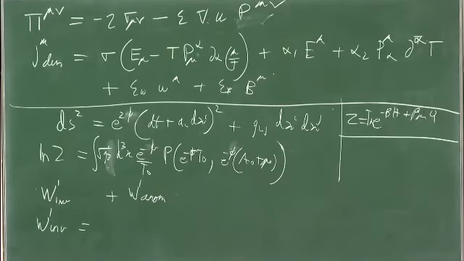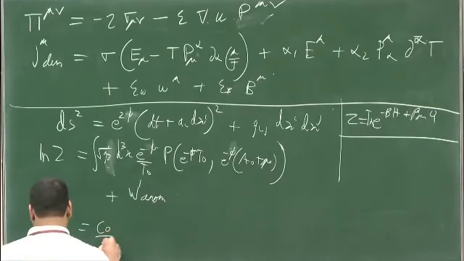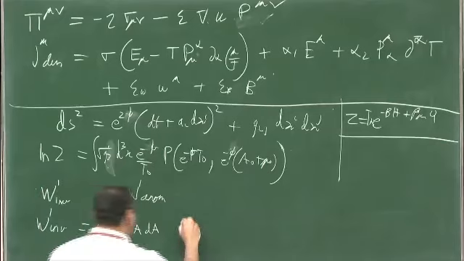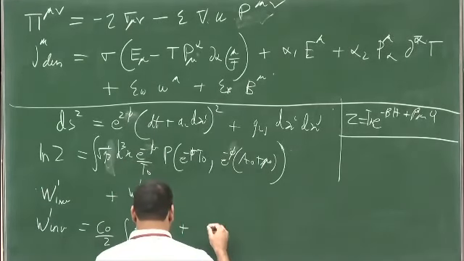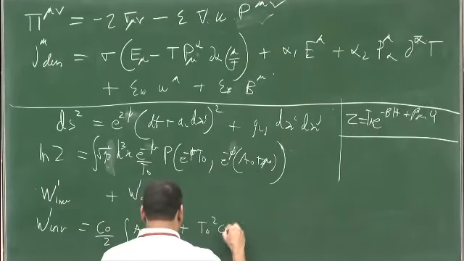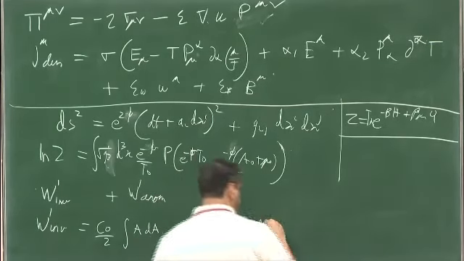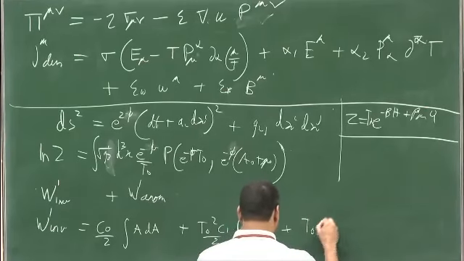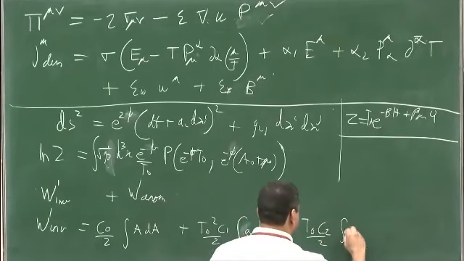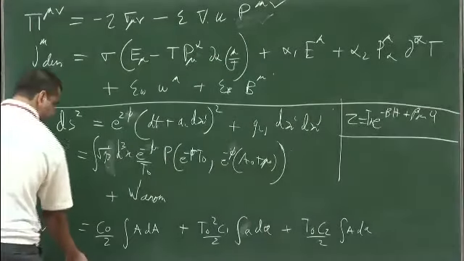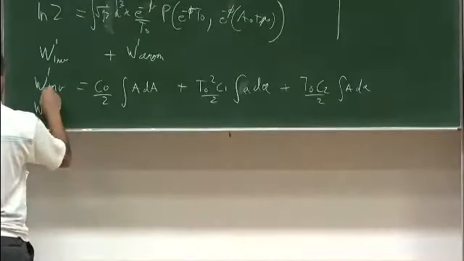So it is equal to C naught by 2 integral ADA plus T0 squared C1 by 2 integral ADA plus T0 C2 by 2 integral ADA, and W1 anom